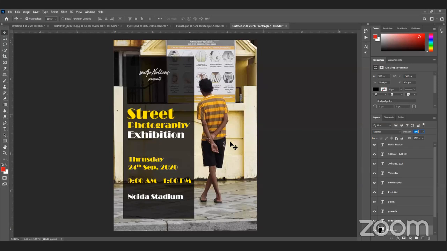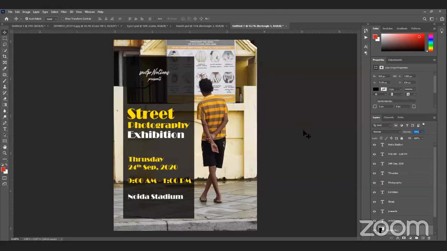You create one flyer, then you get to know, okay, you could have added another thing also. The next time you create another flyer, you will find, okay, I could have done it like this. So look for creativity in everything that you create. That's what I do.